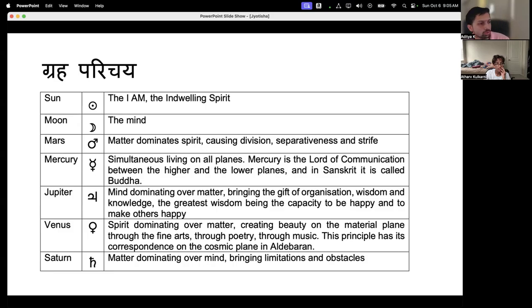Okay. So, I think we covered Ravi, Chandra, Mangala, Buddha, Bruhaspati, Shukra, and Shani in the last class. Like I said, you can think of these as all the 7 different kinds of people that you see around you, their character, what their likes are, what their dislikes are, things like that. And these planets also have the same characteristics. When we are born with a certain planetary arrangement in space, these will bring out the same characteristics in us at the specific time.